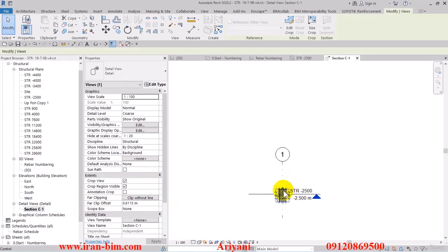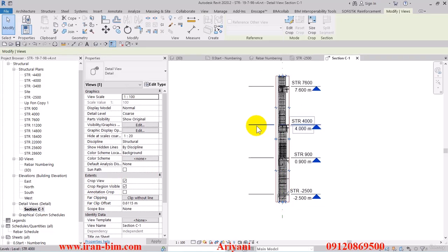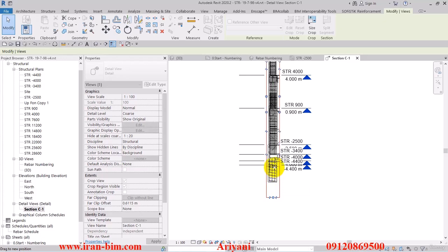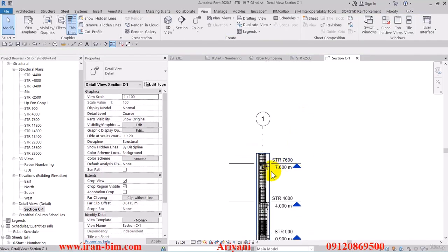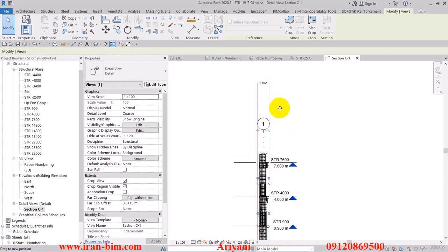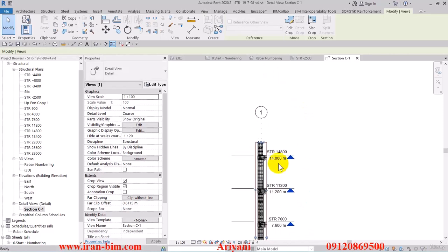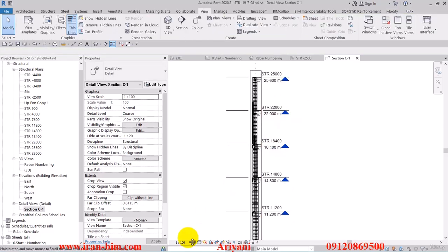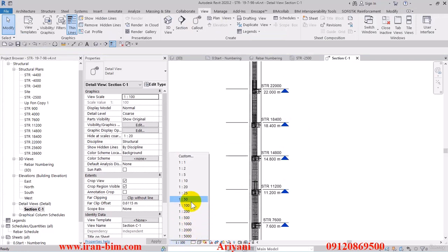So we'll select it here and pull it up here. Alright, and then from the bottom grab this and extend it as well. Let's just adjust it. Alright, and then just pull it up as well so it shows all of it in detail. And alright, so after that I'll put the scaling on 1/50th,